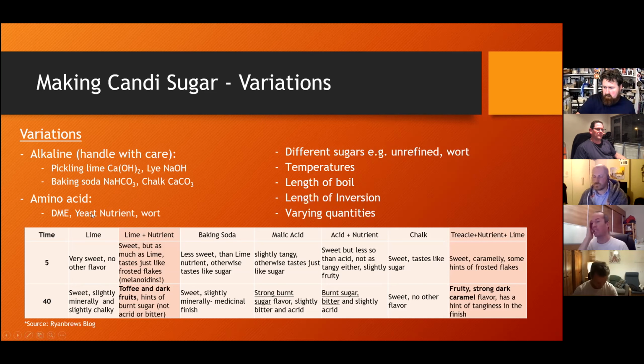Some yeast nutrient is called diammonium phosphate, DAP, and that's actually something else that's in the yeast nutrient. Some yeast nutrient is pure DAP, and that won't work here because it doesn't have the amino acids. They call it yeast energizer in some parts, but it's quite difficult to find. Most yeast nutrients have amino acids. The truth is, I don't know which is better. I use DME because I thought you'll probably have the whole plethora of most amino acids. They'll give you the most complexity. Don't know. Okay.